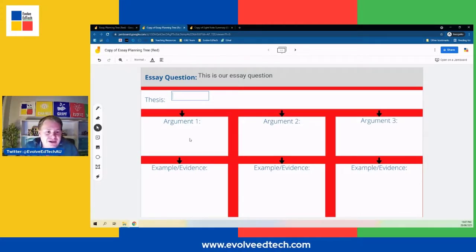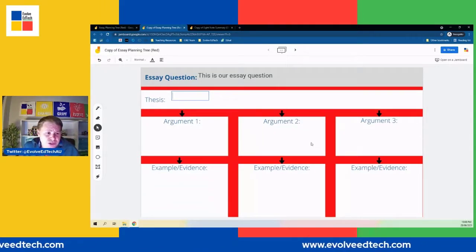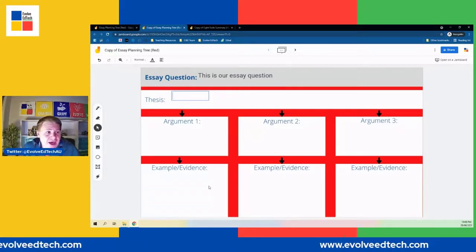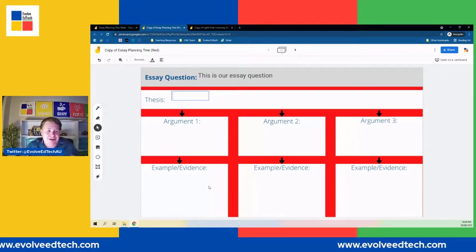So just a very quick overview of what our 3 arguments are going to be, or we could write our actual topic sentence for our arguments so that we already have that part of our essay completed. Then down here is where we're going to select our evidence or our examples to support and help us prove our arguments. So if we're looking at something like a text, I'm an English teacher, so we would be looking